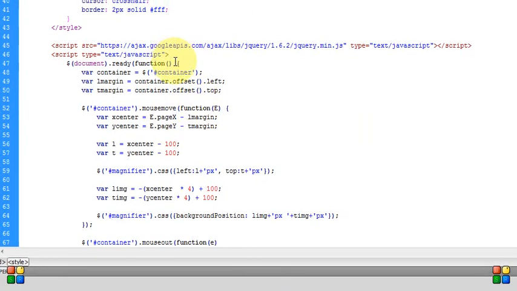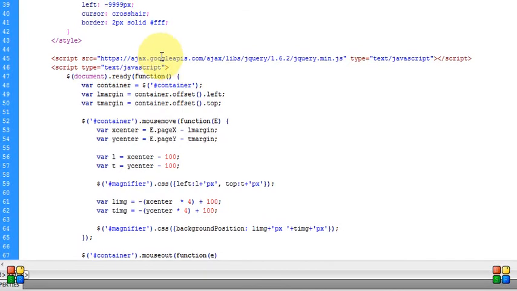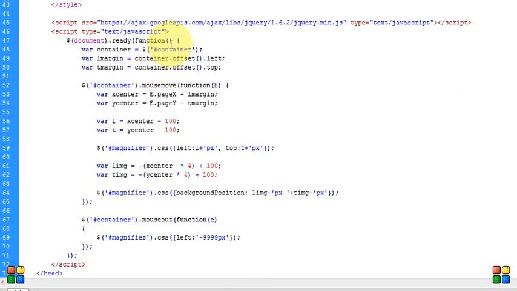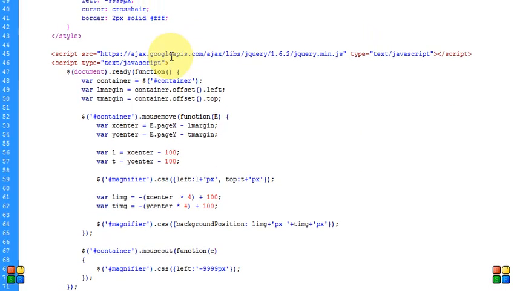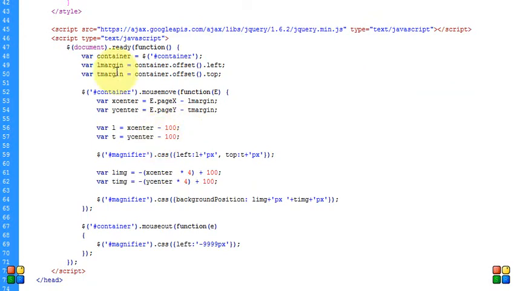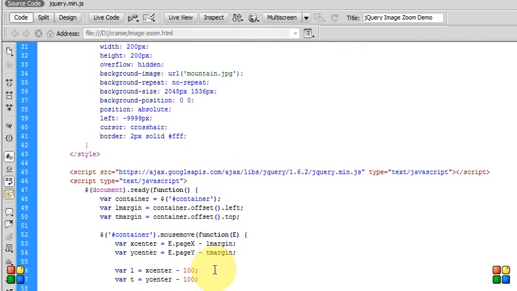Now for the JavaScript, here I use the jQuery from Google CDN. If you don't have a permanent internet connection, you can download it from jQuery.com and place it in your folder which has this image zoom.html file.